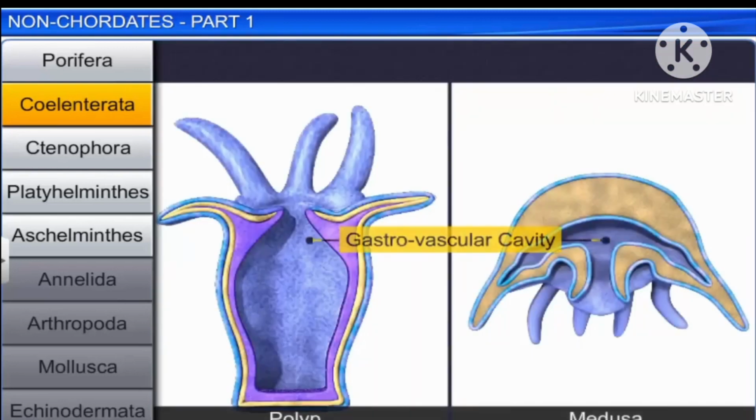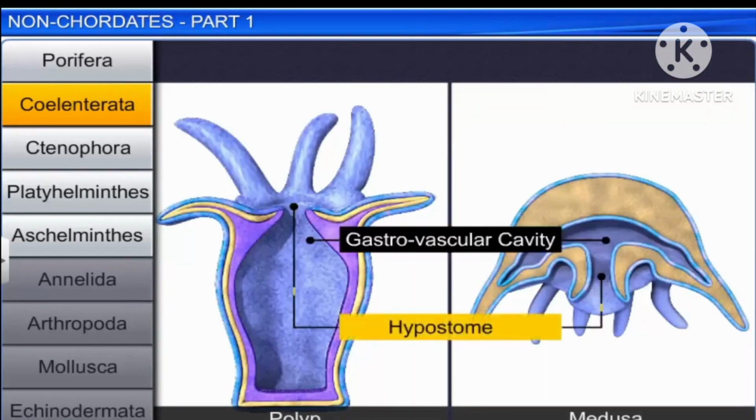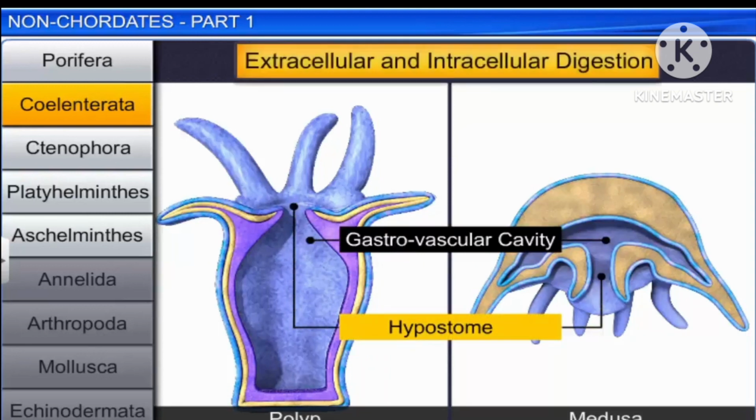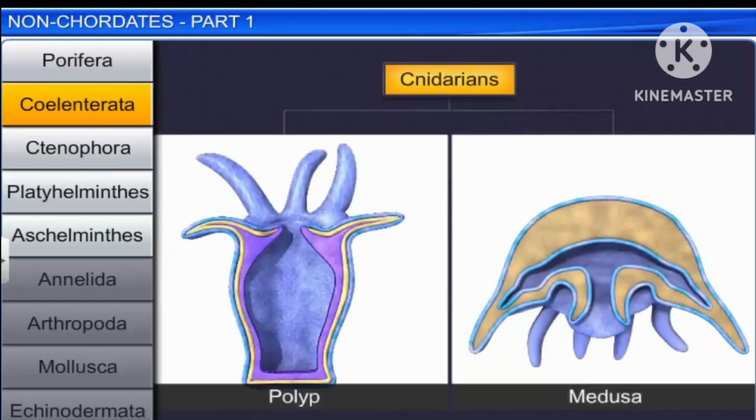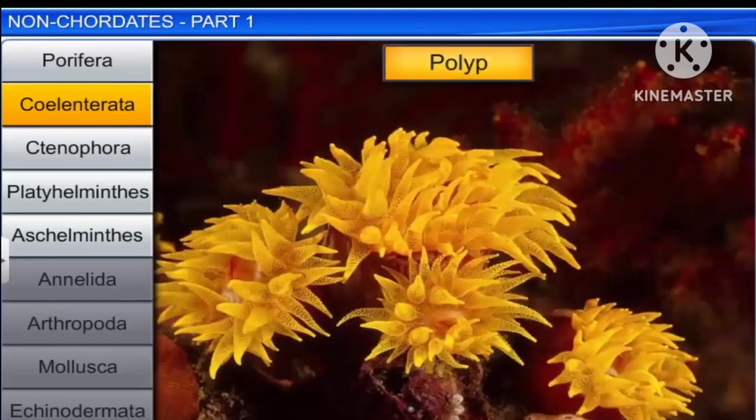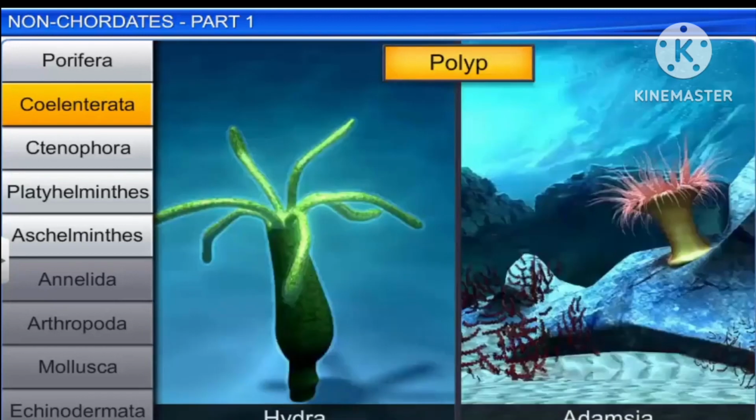Coelenterates have a central gastrovascular cavity with a single opening called the hypostome. Digestion in them is both extracellular and intracellular. Coelenterates exhibit two basic body forms, polyp and medusa. Polyp is a sessile and cylindrical form like hydra and